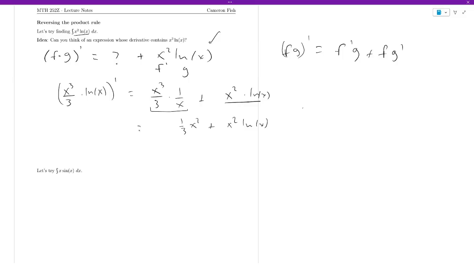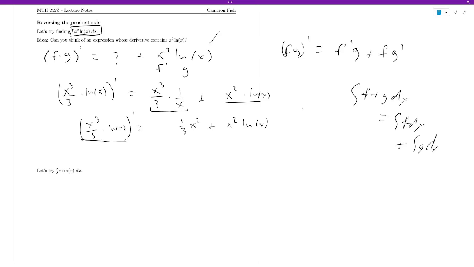So let's step back and take a look at what we found here. We found that if I take x cubed over 3 times ln x, and I take its derivative, I end up with this right-hand side. So remember, our original goal was finding the antiderivative of x squared log x. One of the most powerful rules we learned about antiderivatives and integrals is that you can integrate the sum of two things by integrating each part separately. Right? If I do the integral of f plus g, that's the same as integrating f plus integrating g. That's helpful here because